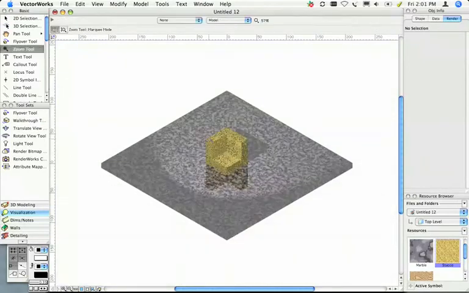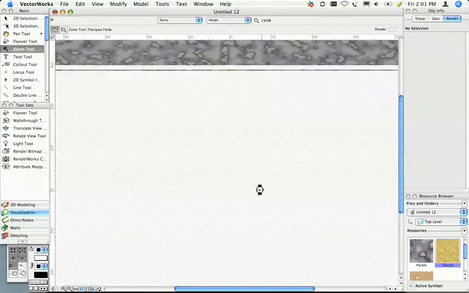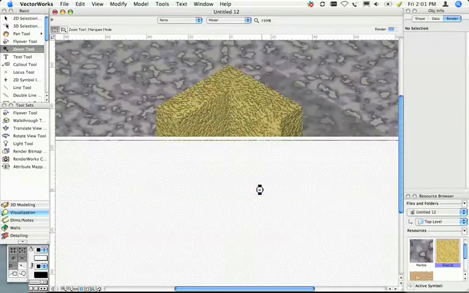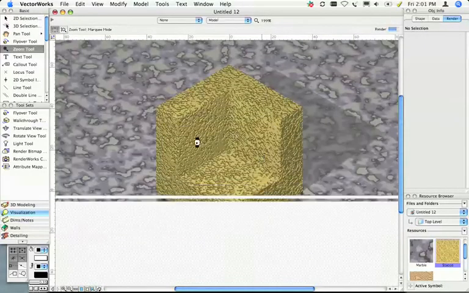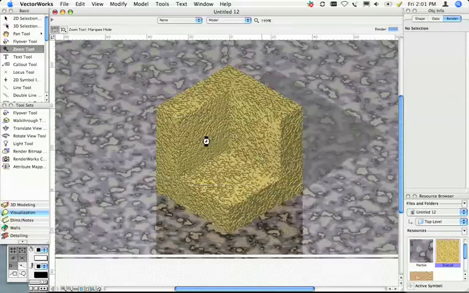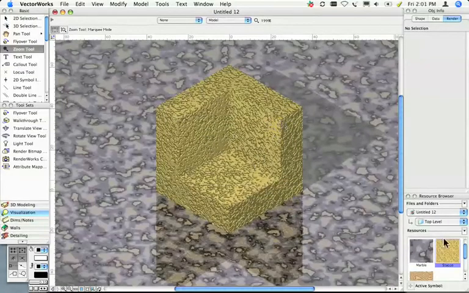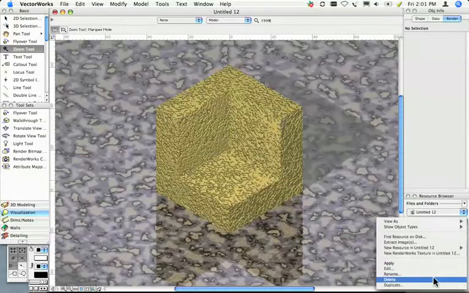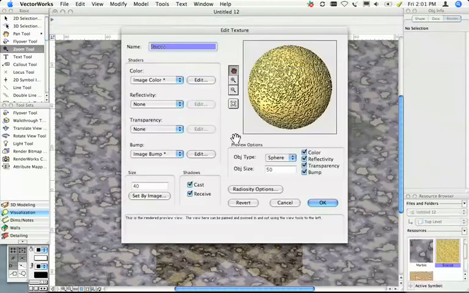stucco. Let me just zoom in, wait for it to re-render. So you can see every black dot turned into a depression, and everything left white was left at the higher level. If I right mouse click and choose edit, let's edit this